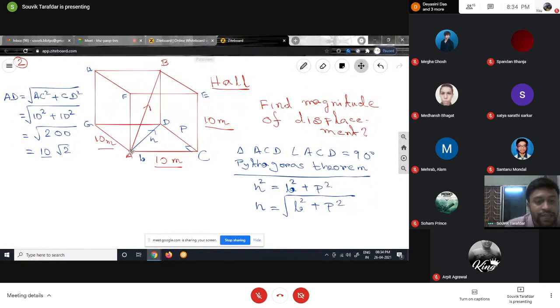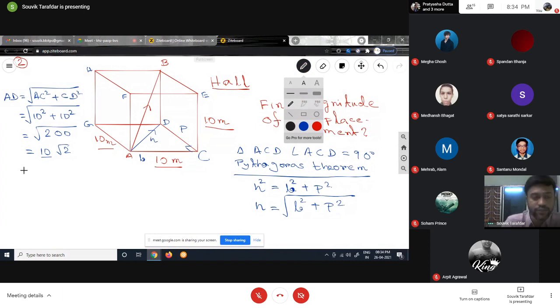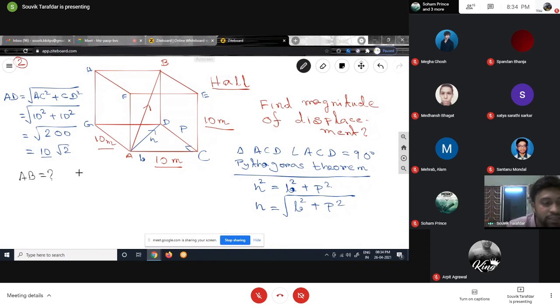Now, what do we need to find? Knowing that is very, very important. If we don't even know what we need to find, then how will we solve it? We need to find AB, right? Because the fly moved from A. So if you consider the triangle